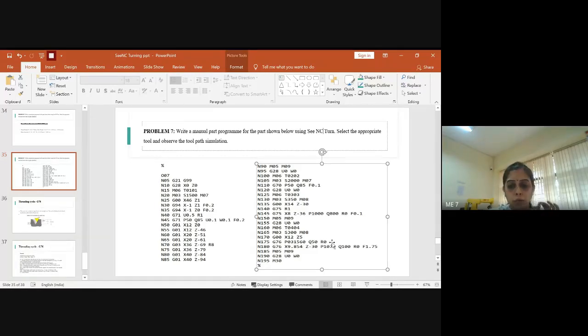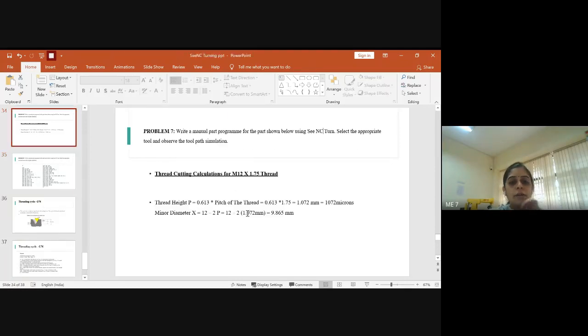So after this, the completion of the syntax is needed for G76, because you should locate the value of X, the value of Z, the pitch in microns, and the depth of removal of the material in microns. So the value of X we have calculated already here. Write the minor diameter, which will be 9.865 mm, right?